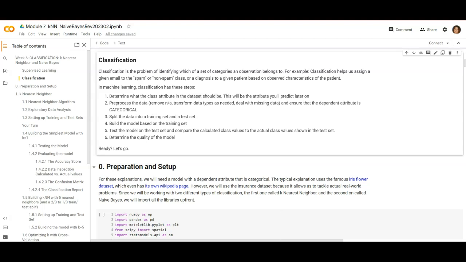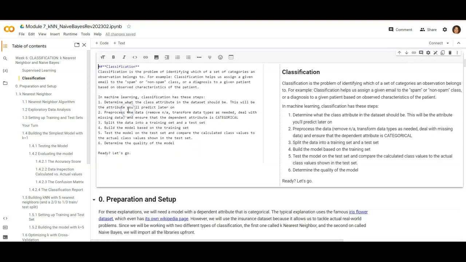In order to conduct classification, we typically follow 6 steps. The first of these steps is to determine what the class attribute in the dataset should be. That is the class attribute for classification. That's the attribute that we're going to predict later on. And of course, since we're doing classification, we're going to want to make sure that it is a categorical attribute